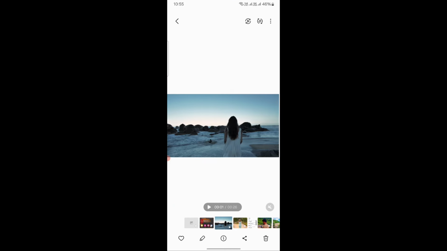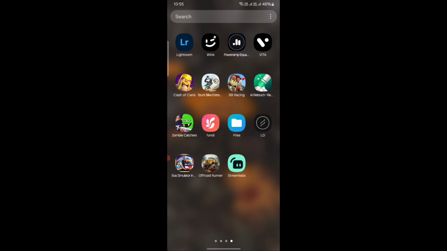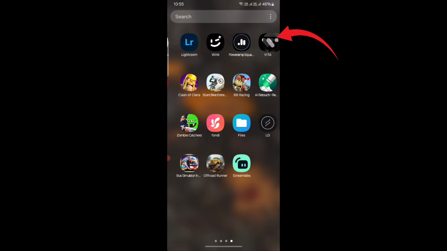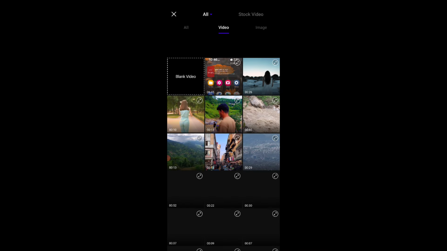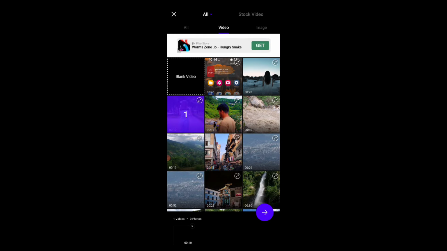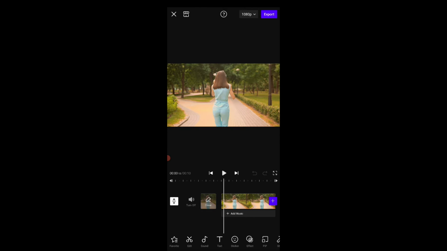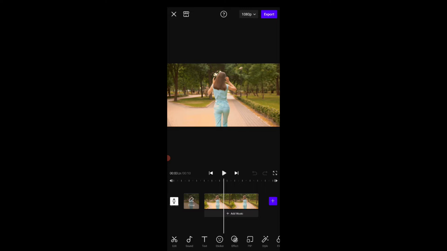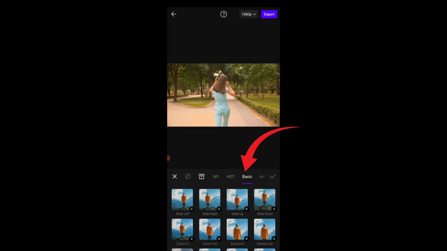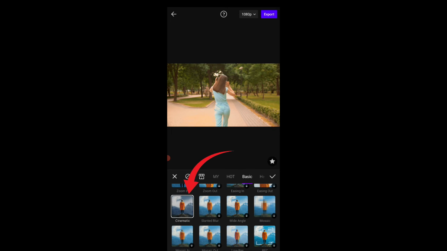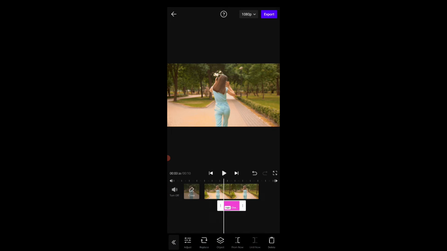For sample I have these two videos, so I will convert these videos into portrait video. So I will open this Vita app and now press this new project, and I will import this video for sample. And now press this effect, again effect, now this basic section and cinematic. Now hit this,